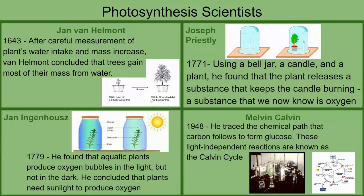Did losing 1 pound of dirt really change and cause the tree to grow? Well, probably not, because the tree gained about 164 pounds. So did that 164 pounds come from that 1 pound of dirt that was lost? No, probably not. Where did that 164 extra pounds of the willow tree come from? Well, the only thing he added to the tree over time was water, which means that water caused the tree